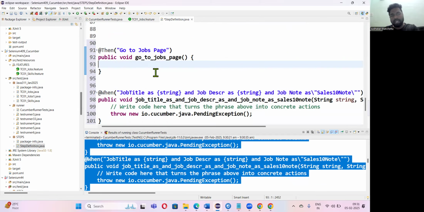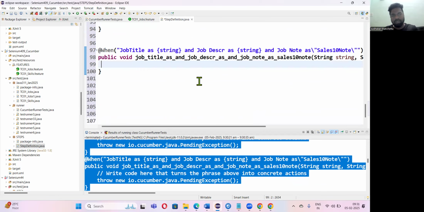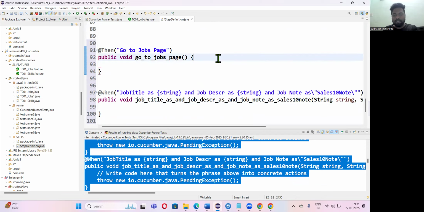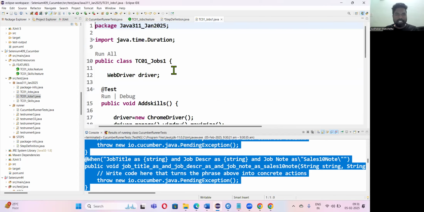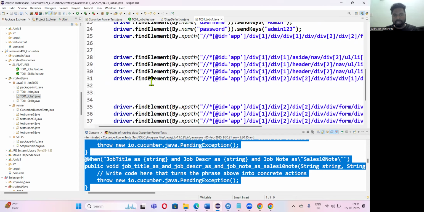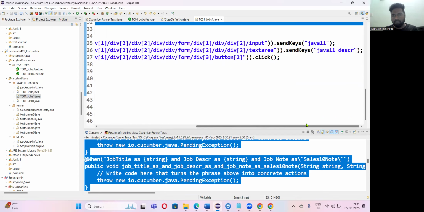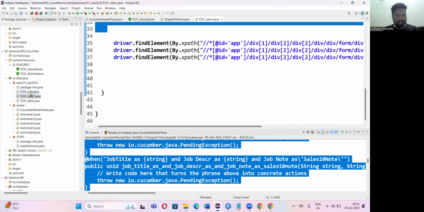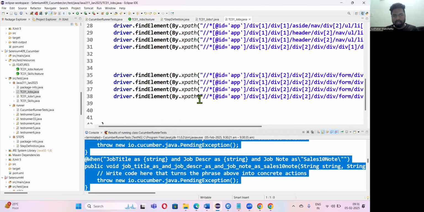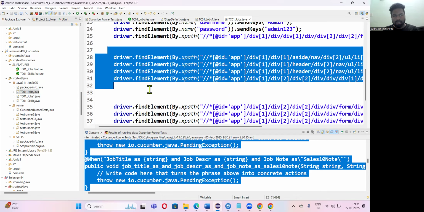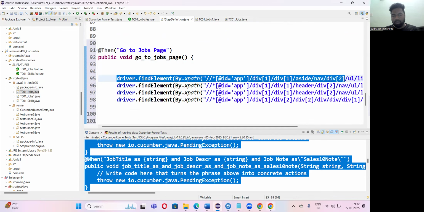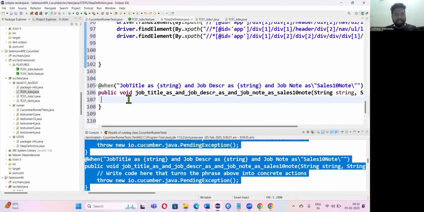Let's delete all these lines of code. So go to job space. Let's copy all the set of driver commands from job space. I think this is not the one. So this is the one. Okay, I'm copying and pasting admin, job titles and add button. So these four lines will navigate to admin, job titles and add button. And the next one is